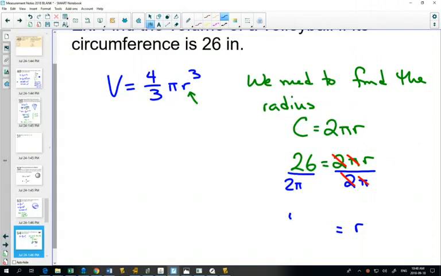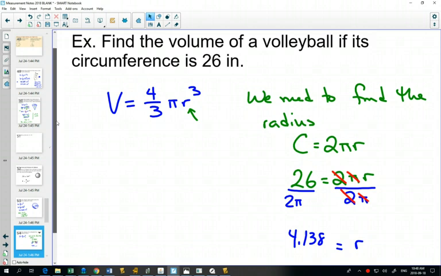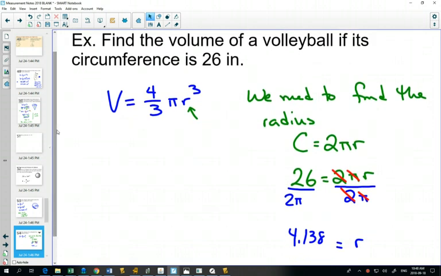So now we have our radius, 4.138. And I'm going to show you a second common mistake. A second common mistake that a student will do in a question like this is, to really make the mistake obvious, I'm only going to write 4.1. I just rounded it to 1 decimal place instead of 3 decimal places. The common mistake is then a student will go to this